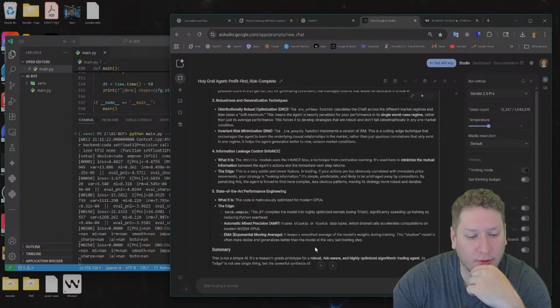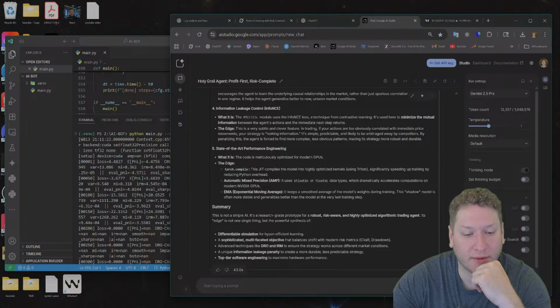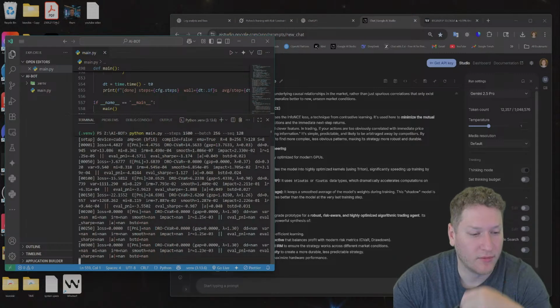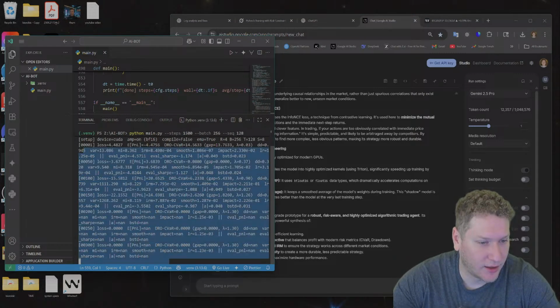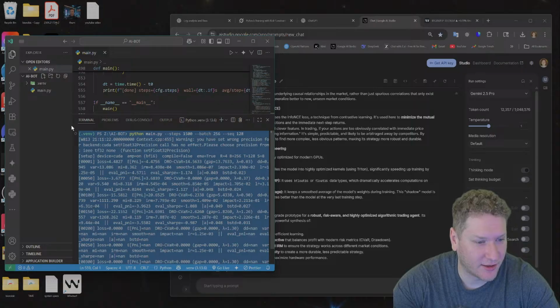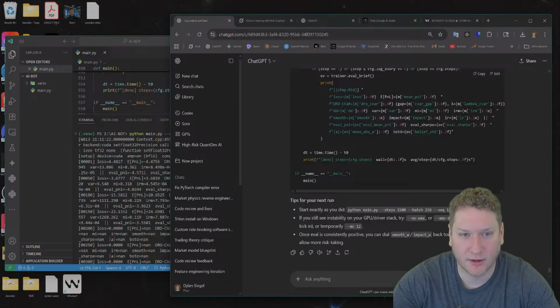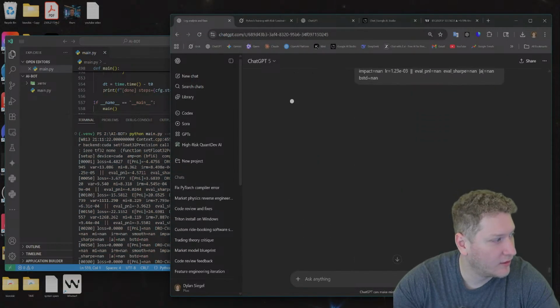Okay. We'll put this on hold, but we'll definitely get back into some sort of reinforcement learning. Yeah, this means it's just not stable. We'll just show it to ChatGPT 5.